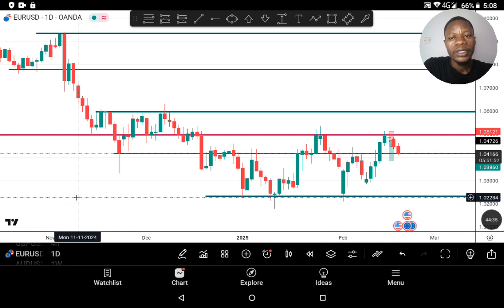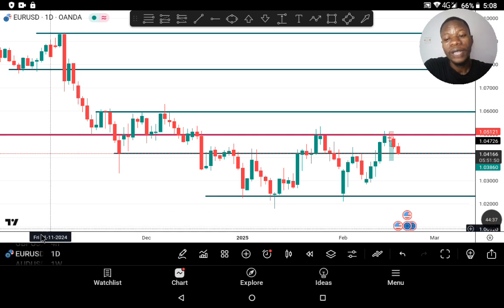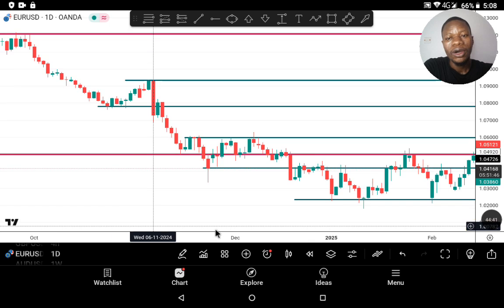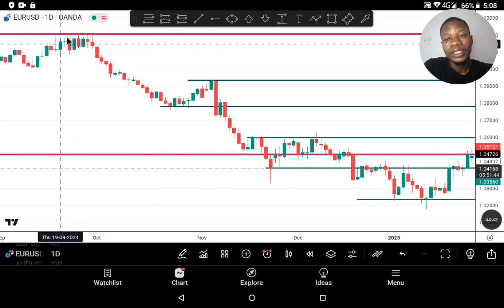Okay, welcome guys. So this is EUR USD on the daily time frame. You can see each candle you see here represents the day